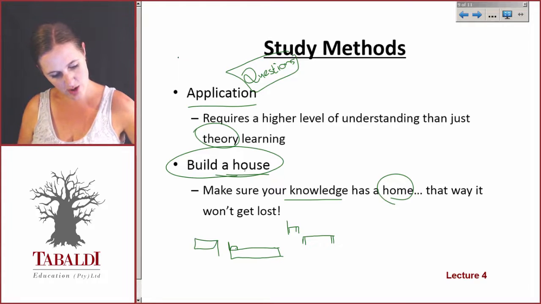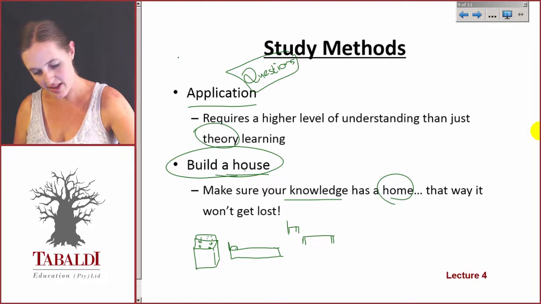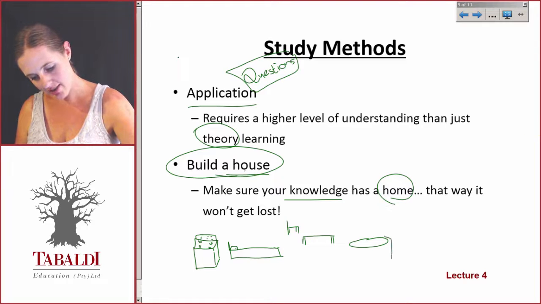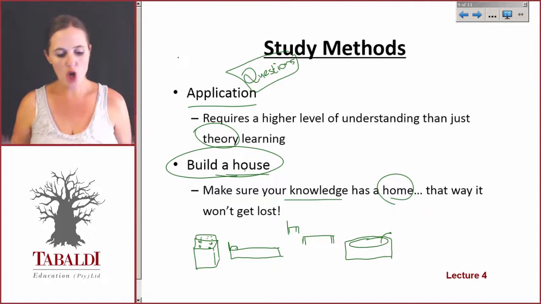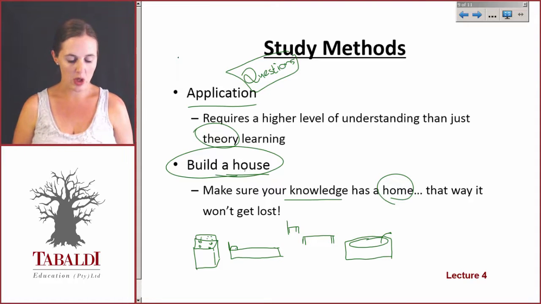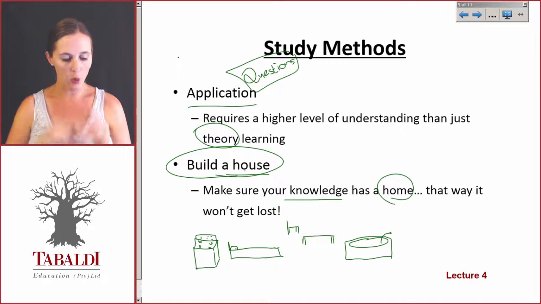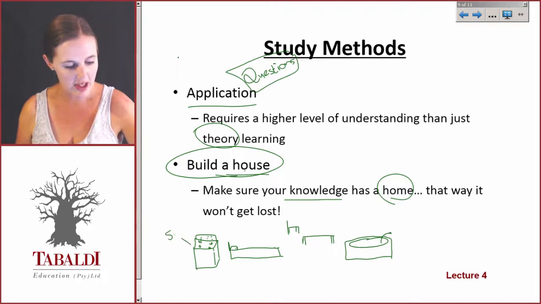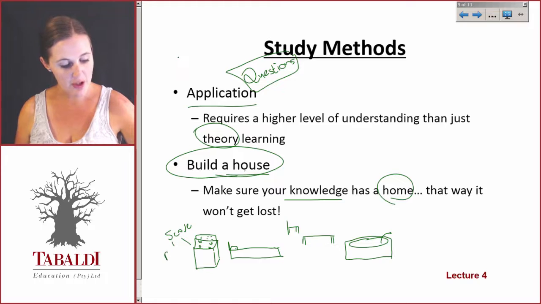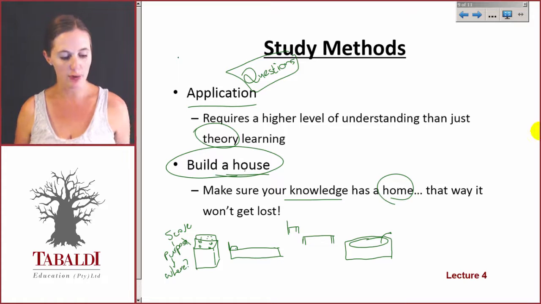This is a stove. Check how awesome my stove is. That's my little stove. And this is a bath. I have a very cool bath. Okay, and my little taps. So this is your furniture and fittings, right? If you've never seen a house before, I would have to say to you, this is a stove, this is the purpose of a stove, this is what it does, and this is where it goes in the house. The stove belongs in the kitchen.